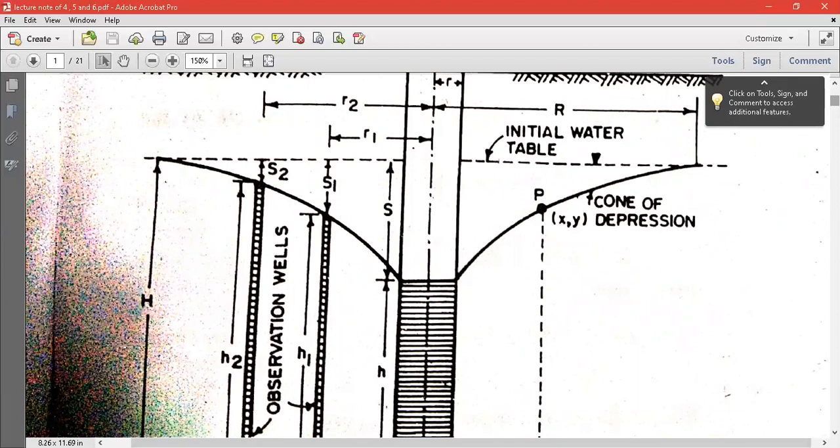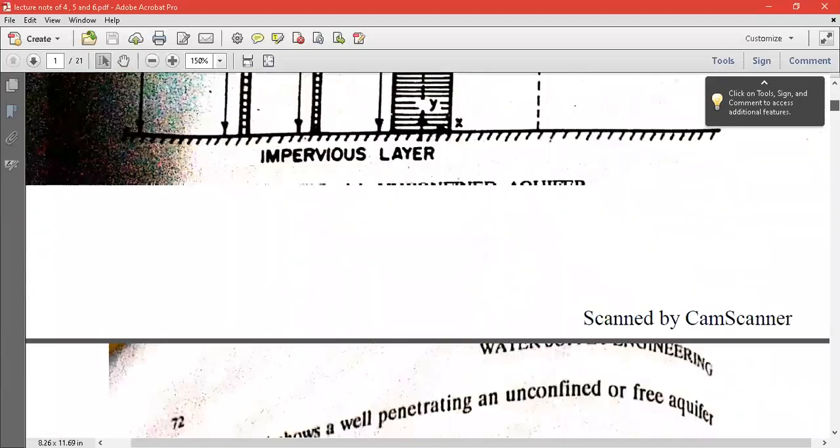Corresponding to the point P, if we make an imaginary cylindrical water circle, obviously we are working on the water portion under the water table. So definitely we will get a water cylindrical circle. So what will be the perimeter of that imaginary cylindrical surface passing through P? It will be 2 pi x, because x is the radius, x is the horizontal distance from the center point. So it will be 2 pi x is the perimeter.